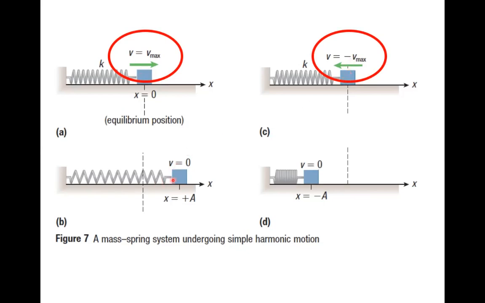And then where do we have zero speed? That would be at maximum compression or stretching. So when the object is at equilibrium, we get maximum speed. When the object is at maximum compression or stretch, we get no speed. This would also be where we have the maximum restoring force. The spring force is the greatest here, when we have the largest x value, or here, the largest x value in